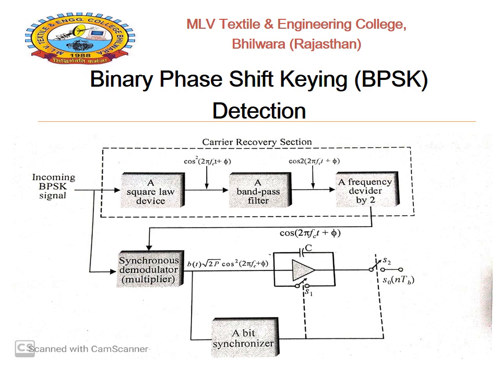As the DC part is undesirable, the signal is applied to a band pass filter whose pass band is centered around 2fc. So the output of the band pass filter will be cos 2 into 2πfct. The operation, as shown in this figure, is that the incoming BPSK signal is first applied to a square law device that squares the incoming BPSK signal. So the output of the square law device is cos²(2πfct + φ), where φ will be 180 degrees or π according to the bit sequence of 0 or 1.